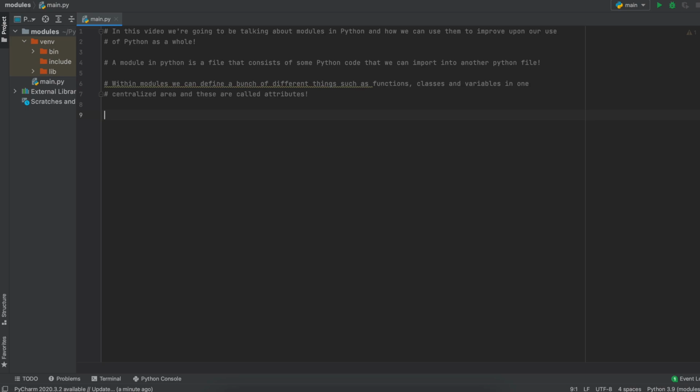Alright, so cool. We know that within modules, we can now store our functions and other pieces of data in a separate Python file. But what are the real benefits that gives us? Couldn't you just keep everything in one Python file? Well, you certainly could, but there are numerous benefits that modules provide.